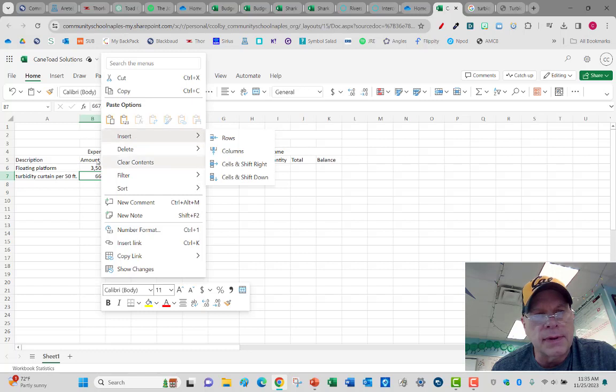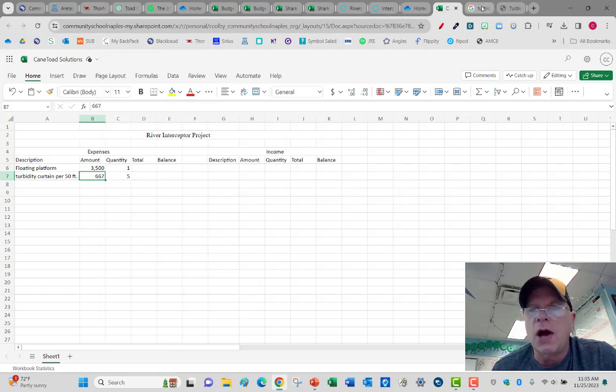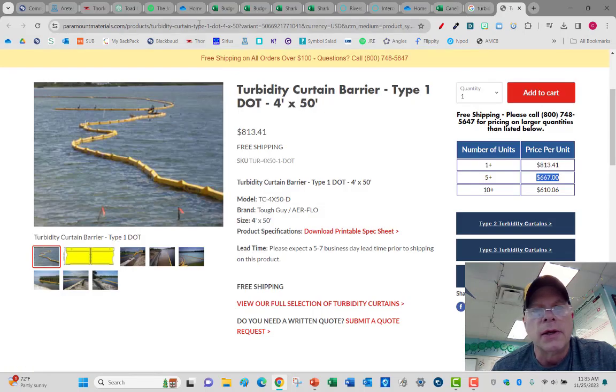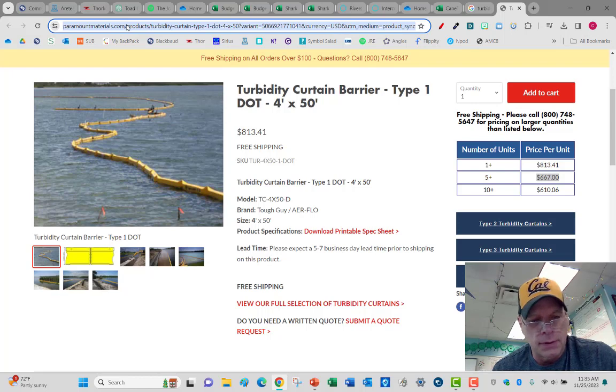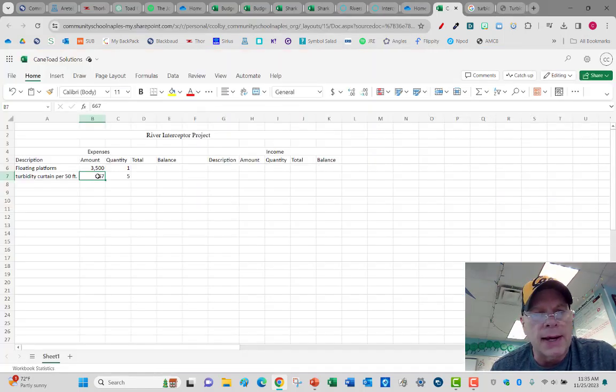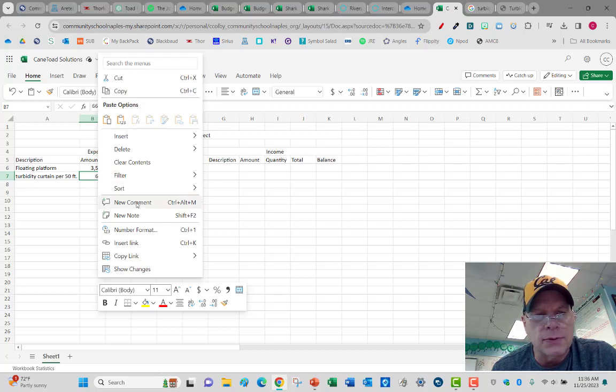Note or comment. Let me think about this. Now you want to insert a comment, but let me show you first. Let's copy and paste the URL. So the URL where I found this price, if I highlight it and I copy it, when I go back to my budget, I want to click New Comment